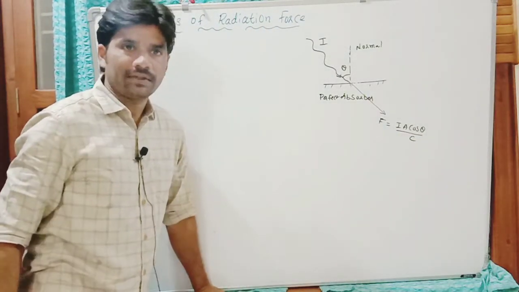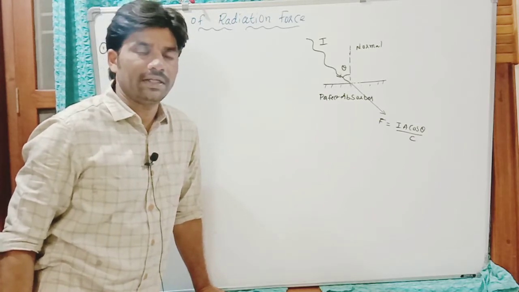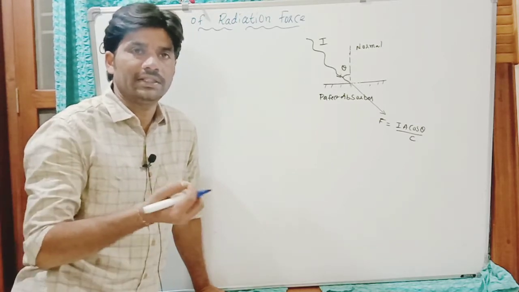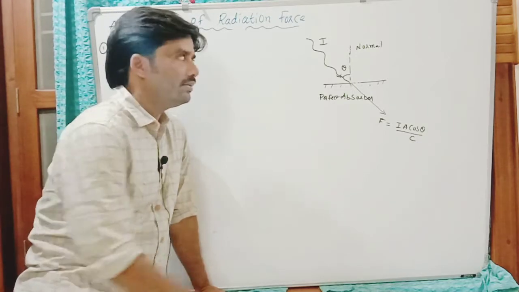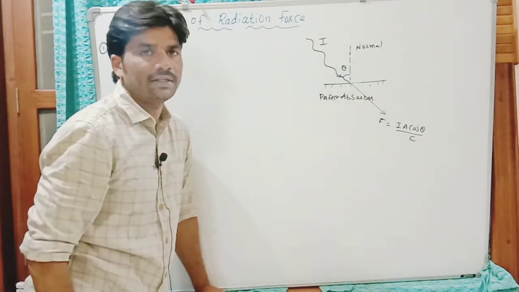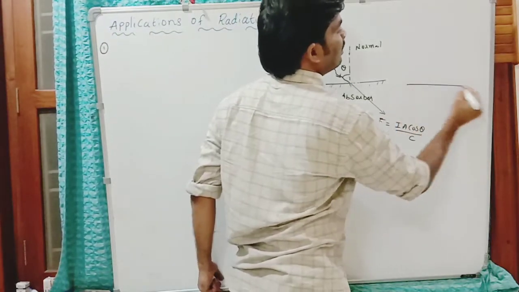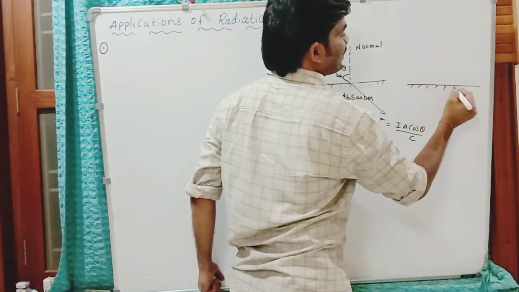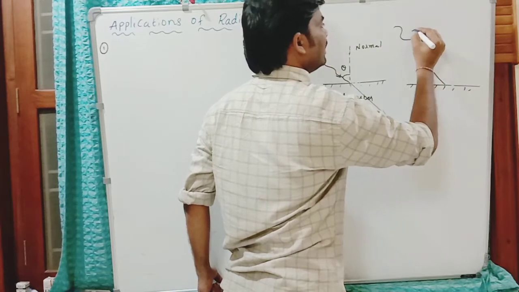That is the formula we already derived: the force exerted by the radiation when it gets absorbed by the surface completely. Theta is the angle between the normal to the plane and the direction of incident radiation. Clear? Now if it is a perfect reflecting surface, the same radiation of intensity I,